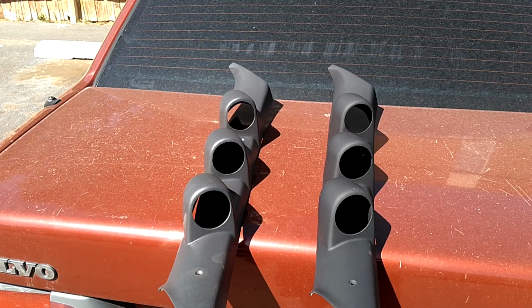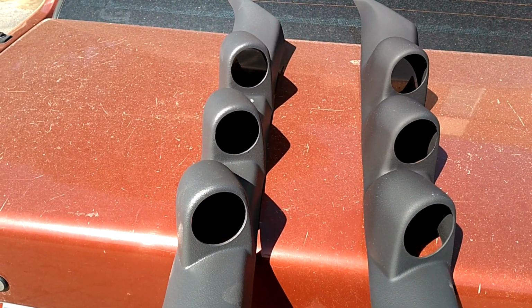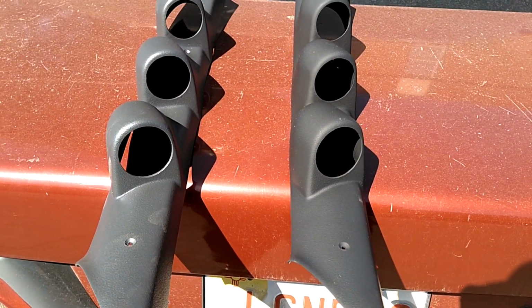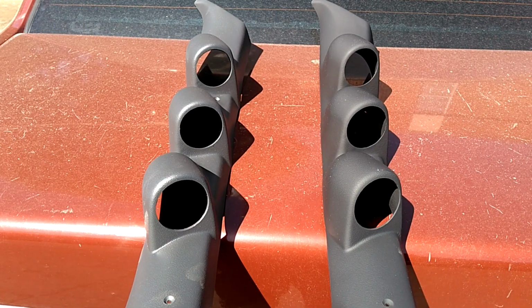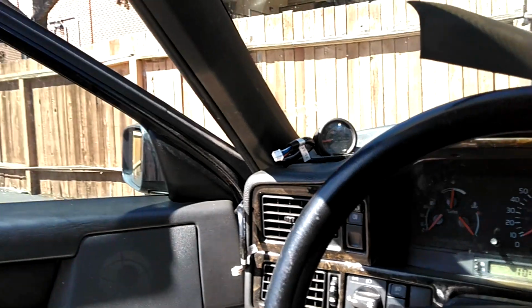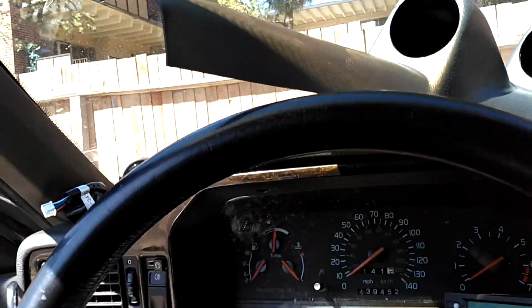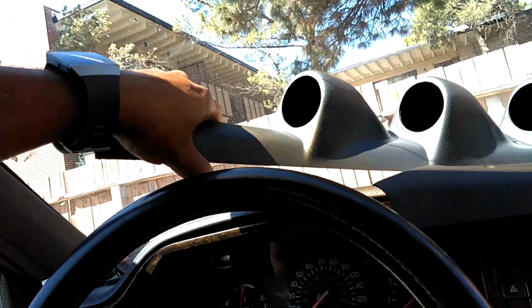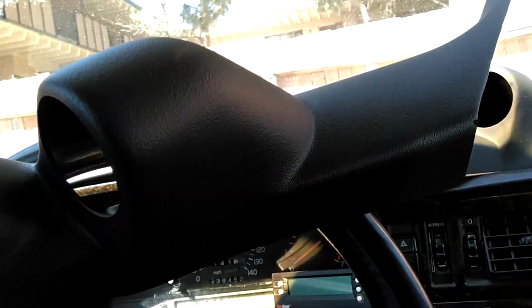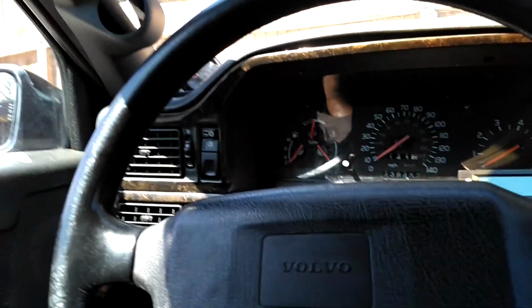Here is the difference in the gray and the black pods on these cars. This one on the left is a gray, this one on the right is a black, both to fit the P80 cars. This one was ordered for Red Barron. I'm going to set both of these in Panther because Panther's in the sunlight so you can see them with the door closed. I think this is the gray one. Yeah, this is the gray one. So if the gray one was in here like this,